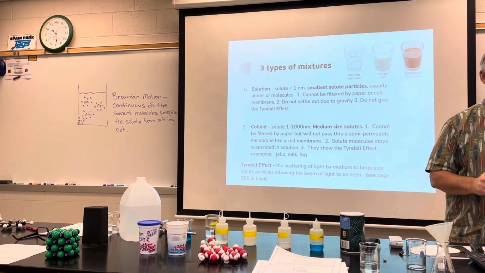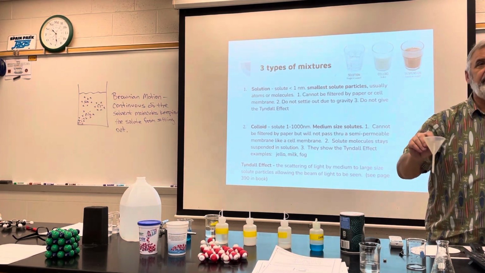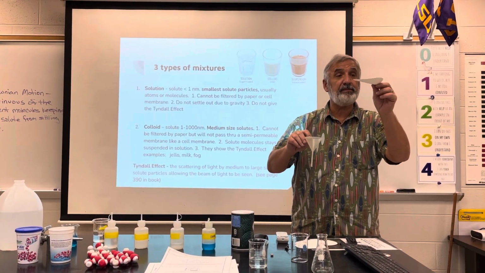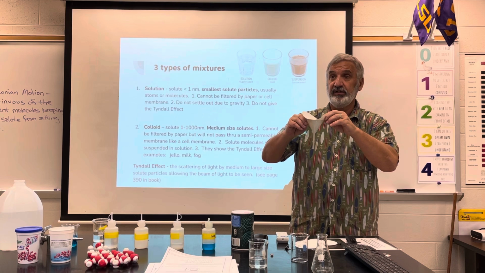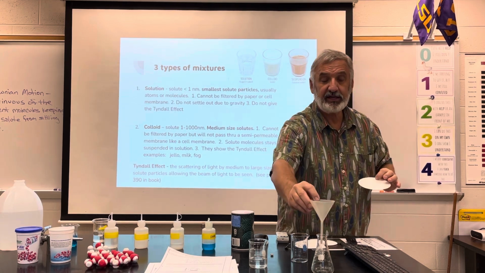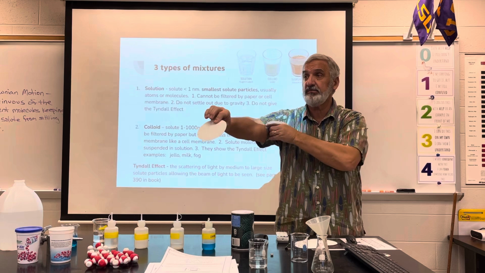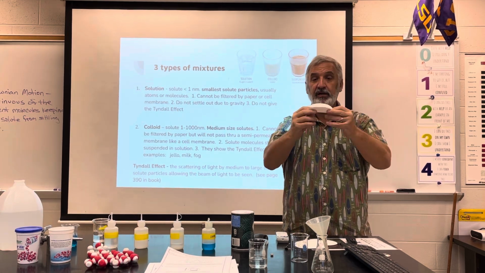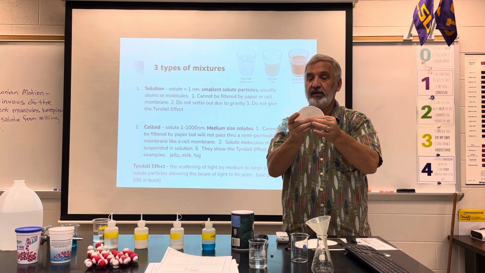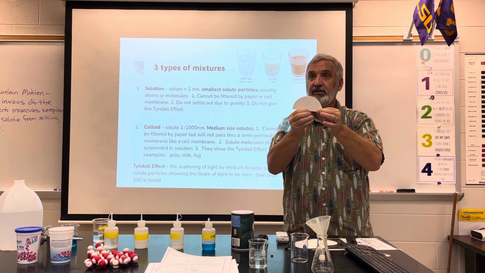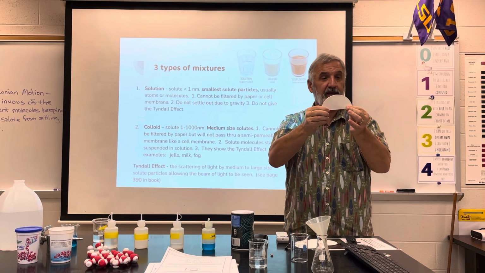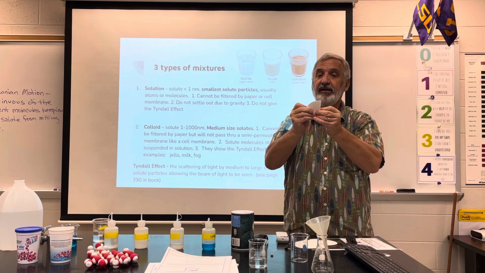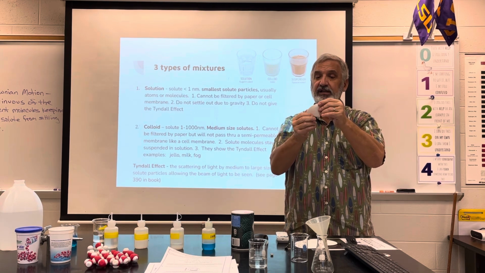Now watch. We're going to do this on Monday in class, in the lab. I need to take this filter paper and put it into this funnel. You don't just cram it. Now look, I got short sleeves on, okay? But the hand is sometimes quicker than the eye. You ready? You take the filter paper, you fold it in half. Now I have a semicircle. Okay, you with me so far? Okay, now I take the semicircle and I fold it in half again. Now I have a quadrant. I have a fourth of a circle.